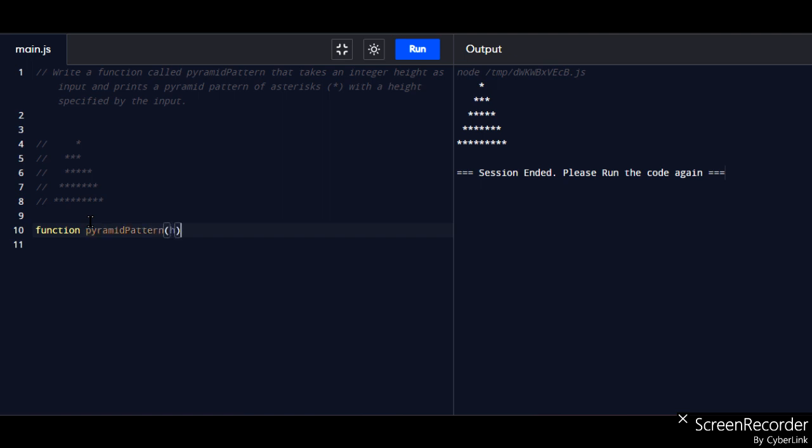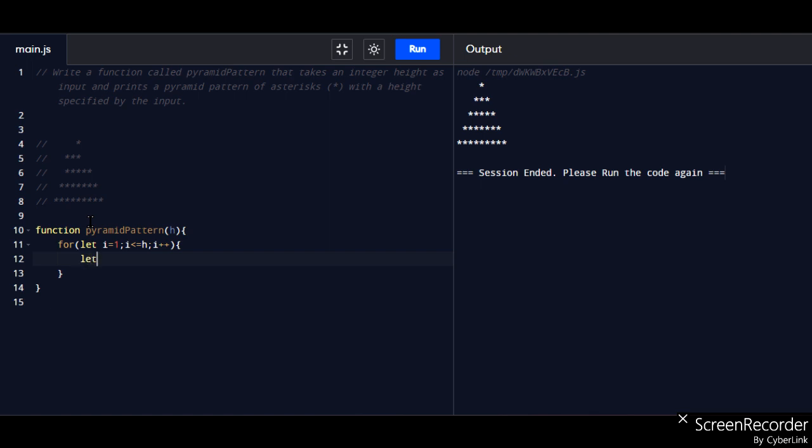Basically we have used camel case here, and I take for (let i = 0; i less than h. Basically we have to take i equal to 1, and then again we take i plus plus.